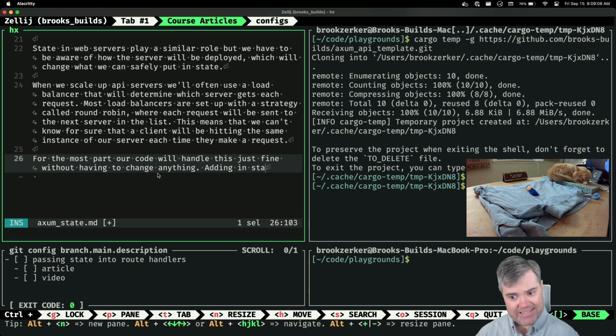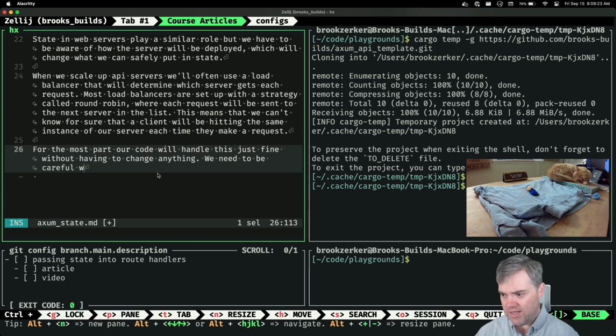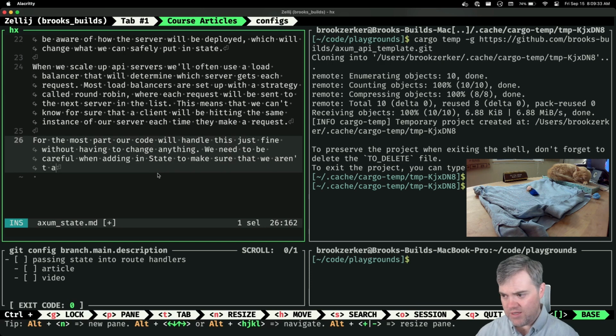Adding in state is where this can go sideways. We need to be careful when adding in state to make sure that we aren't assuming that every request is coming from the same client.